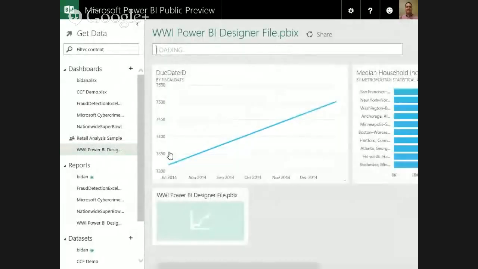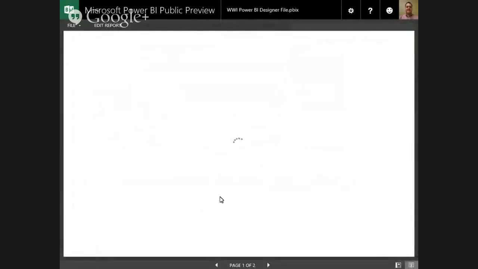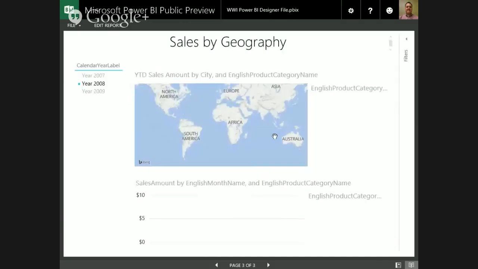Let's look at this dashboard, one I was working on already. So this is one I uploaded, and I was going through this view, and I wanted to basically take some of these reports, make some changes, and add on top of it. Hopefully it'll come up here soon. There we go. So I'm going to take my map,